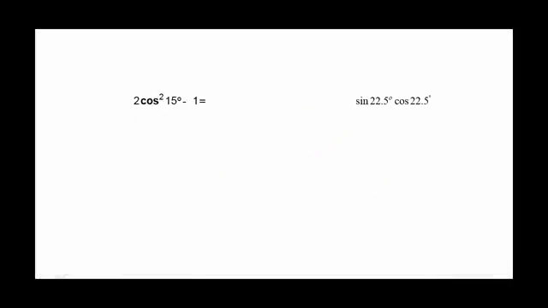All right, 2 cosine squared 15 degrees minus 1. That is actually straight out of the textbook for double cosine. So it's cosine of 2 times the 15. So that's cosine of 30. And cosine of 30 would be square root 3 over 2. All right, and the other one,